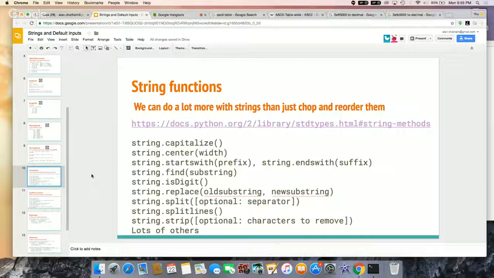Strings in most languages, Python included, tend to be more complicated types, whereas integers are just a number and can't really do anything. We can do a lot of stuff with strings, and a lot of these functions are built in. This link takes us to a big list of